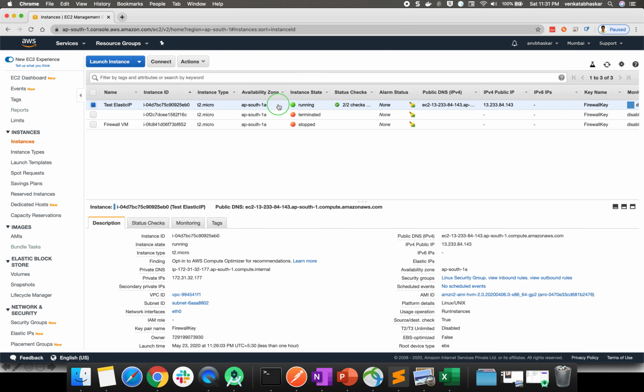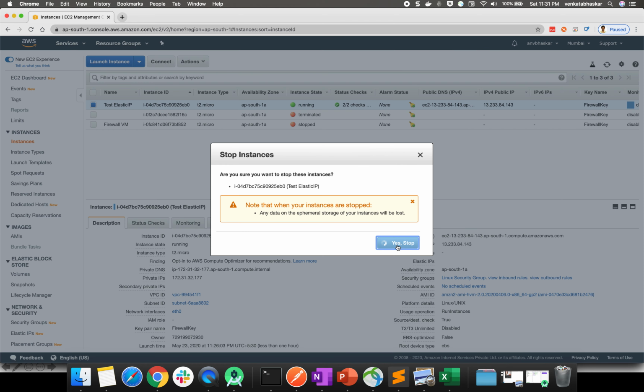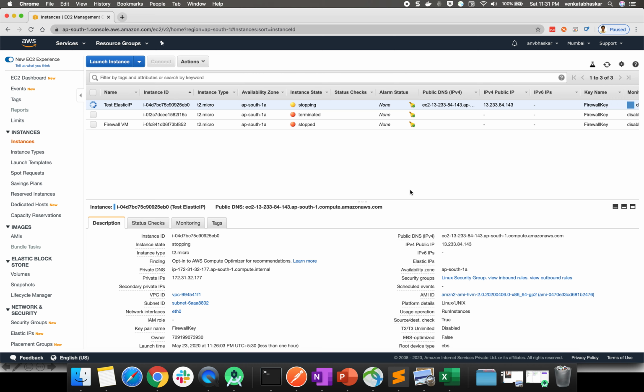See the magic. Instance State. Now I stop my virtual machine. Whenever you stop your virtual machine, this IP address will automatically be released to the AWS pool of addresses. So whenever you start again, AWS will give a new IP address. Either it will give the same one, but 99% you will get a new IP address.